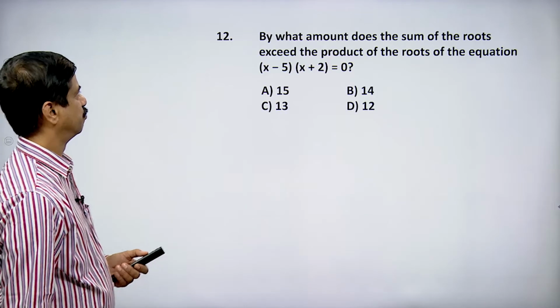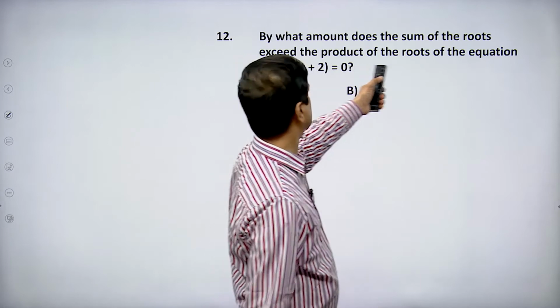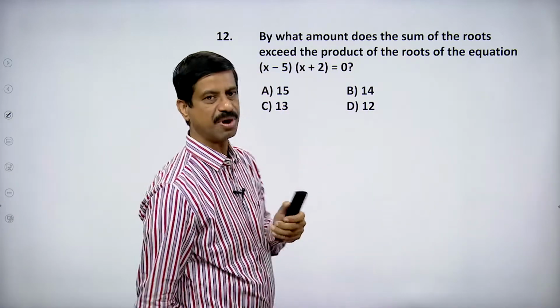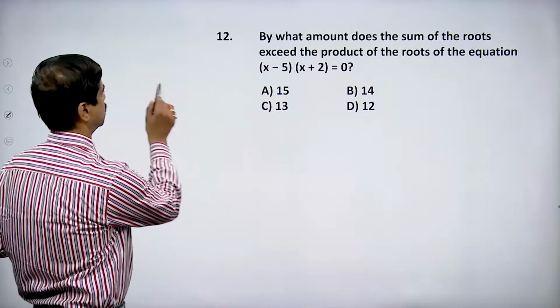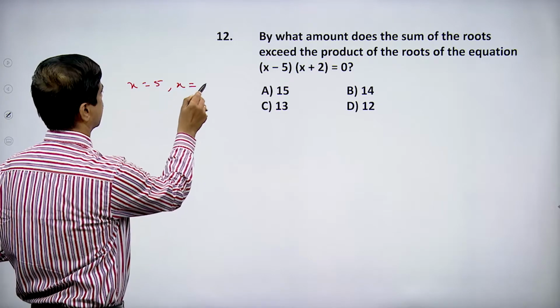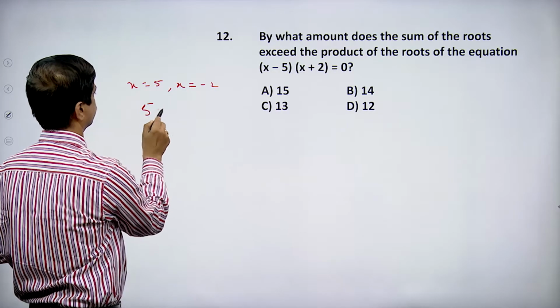So let's go for this. By what amount does the sum of roots exceed the product of roots in these equations? Sum of roots, what is sum of roots? See, x minus 5 equal to 0 means x is 5, and x is minus 2. Sum of roots,